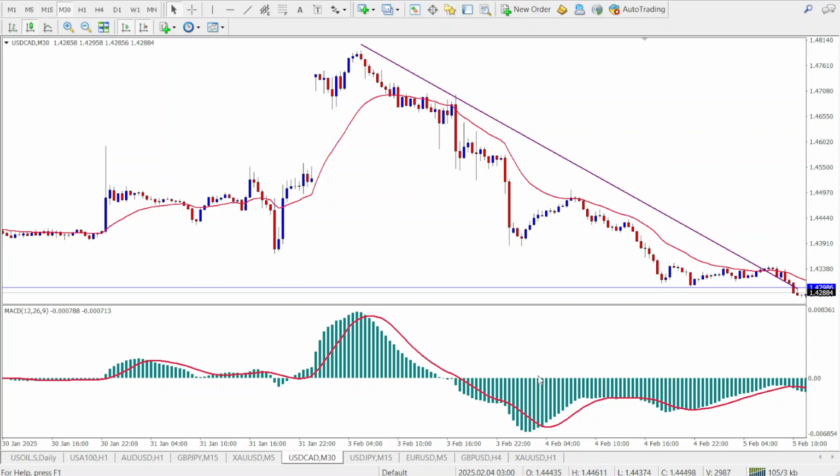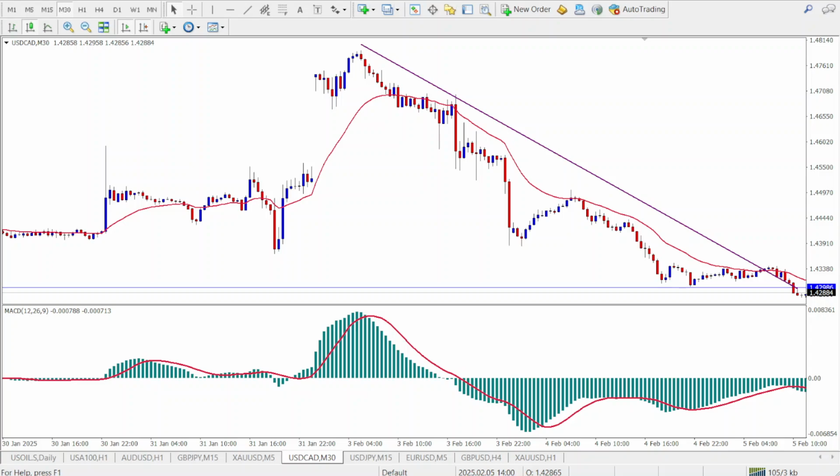Remember that a buy signal occurs when the MACD line crosses above the signal line and the histogram turns positive, like what happened here. It indicates bullish momentum. But a sell signal occurs when the MACD line crosses below the signal line and the histogram turns negative, like what happened here, because it suggests bearish